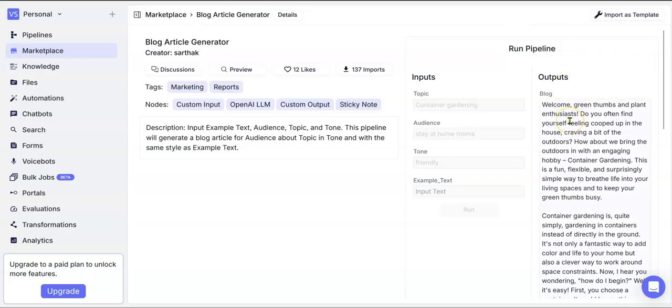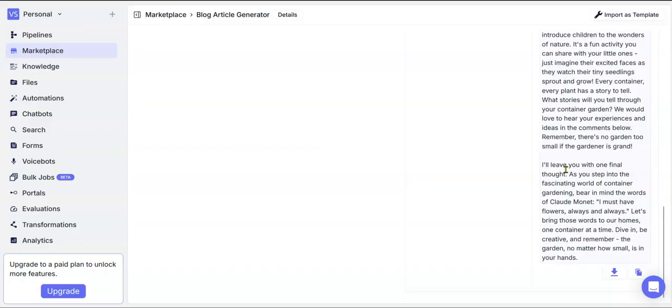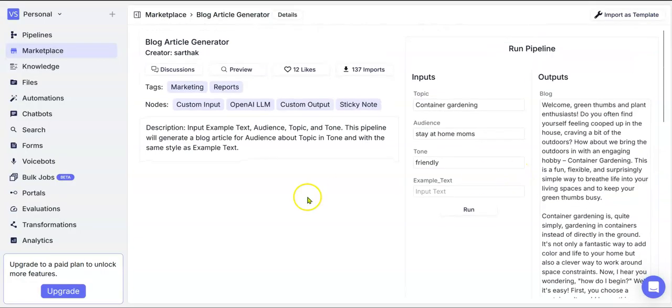Welcome to Green Thumbs and Plant Enthusiast. You often find yourself feeling cope. All right, see, I would change some things in this, but overall it's not that bad. And then you would download it and get that taken care of. But that's a brief overview of